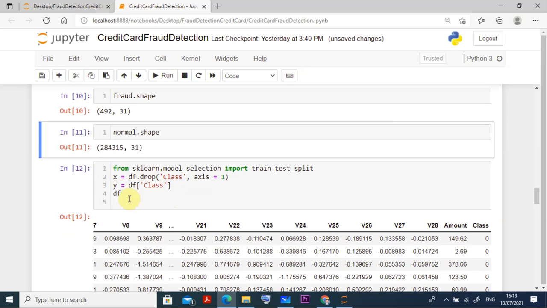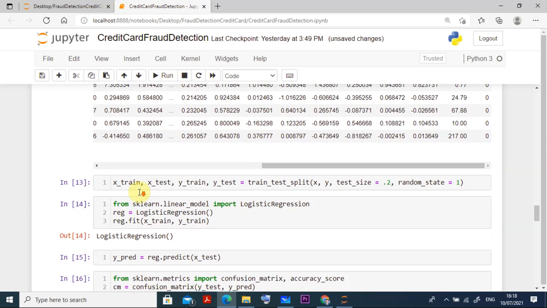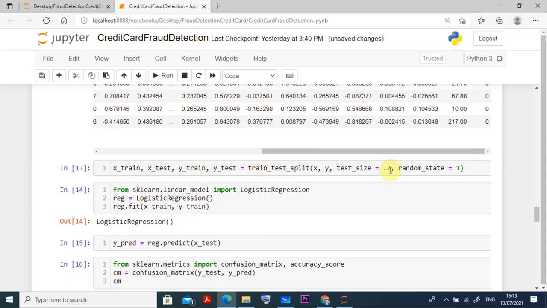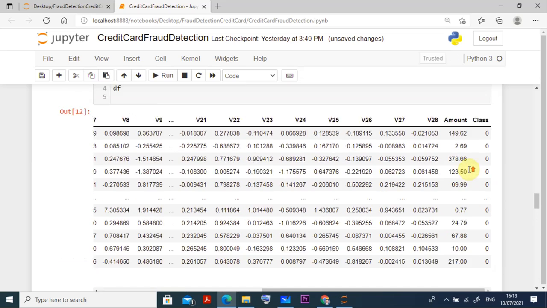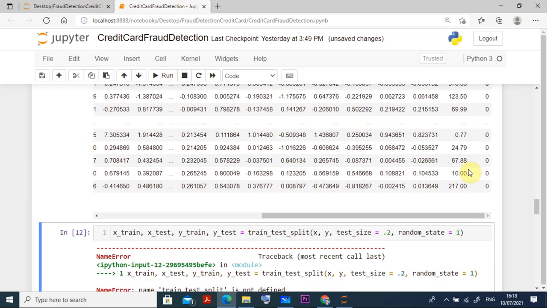And then going for the df, because the entire thing is from sklearn, I am going for this input. What I did here, I separated X and Y. X is the remaining, Y is only the Class. So that class I drop here, df dot drop. That means from this entire table I remove this class, that is assigned to X, and the class itself I put in Y. Then I go for the train-test split, where I am giving 20% for testing. Then once you put it here, Control Enter, you can find it here.